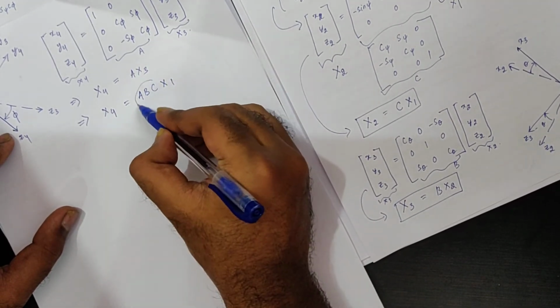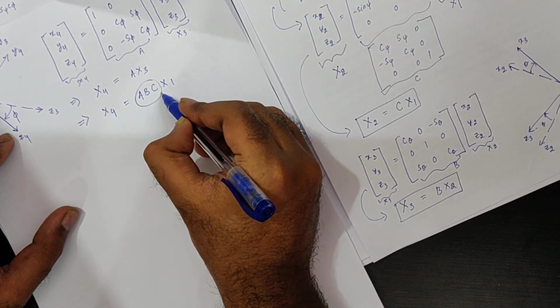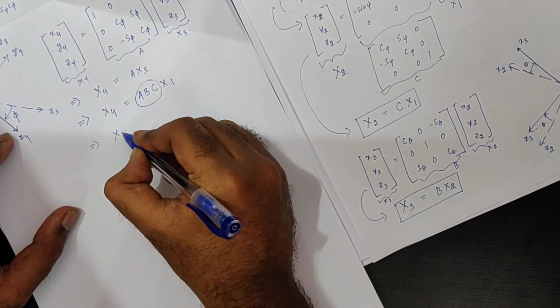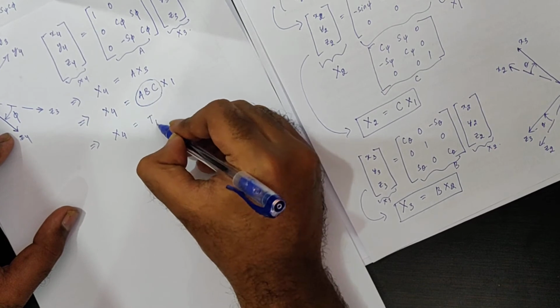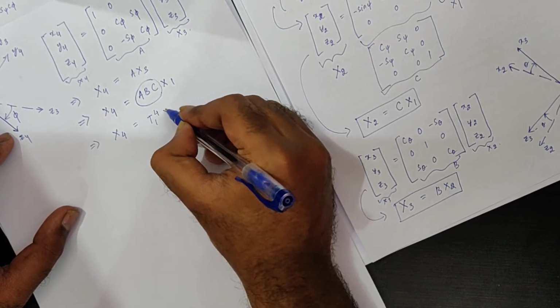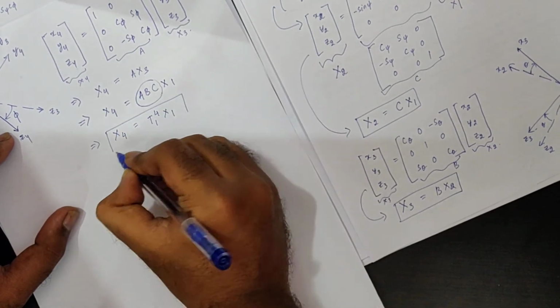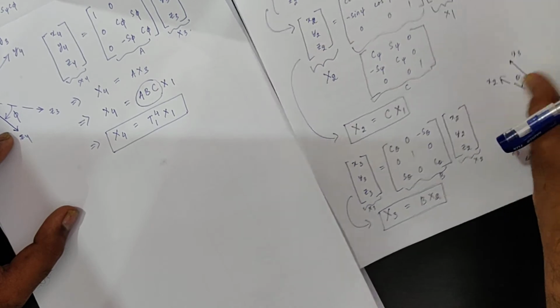So after performing the matrix multiplication of these three matrices, we will get an expression like this: x4 equal to T1 to 4 x1. Okay, so what does this mean? It means that